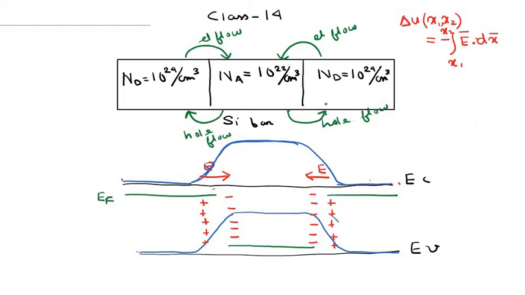The second assumption that you make is that all the carriers inside the depletion region are gone, the depletion region is totally depleted, and then suddenly after the depletion region ends, the carrier concentration suddenly increases to Na or Nd. So these are some crude approximations which we make, and of course it gives us close enough results in some cases, but in many cases it doesn't. So it is actually important to